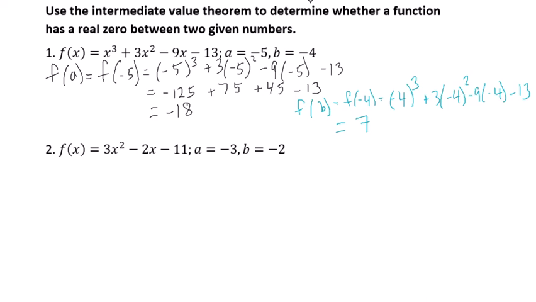So as you see, we have -18 and 7. These are opposite signs. So then we can state